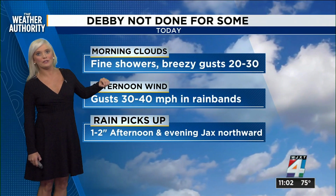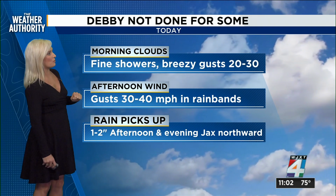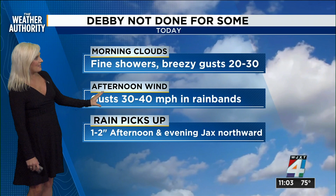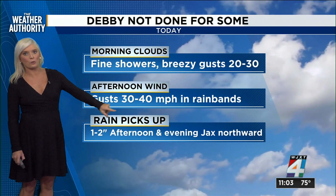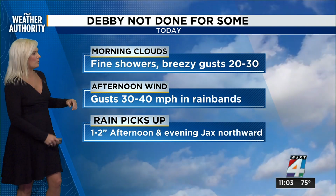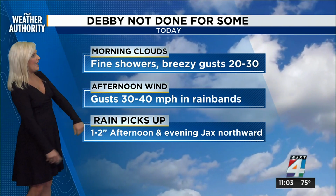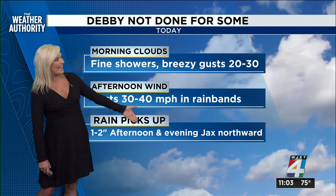Here's what you need to know. Debbie's not done for some. We've had morning clouds this morning. We've got showers out there, breezy gusts between 20 and 30 miles an hour. The afternoon wind is going to pick up potentially to tropical storm force, back at 40 miles an hour. We'll see. I don't think everybody's going to see winds at that duration, but we'll see. Gusts to about 30 to 40 miles an hour in the rain bands as they move through. And then as the rain picks up, we could see another additional 1 to 2 inches this afternoon and evening